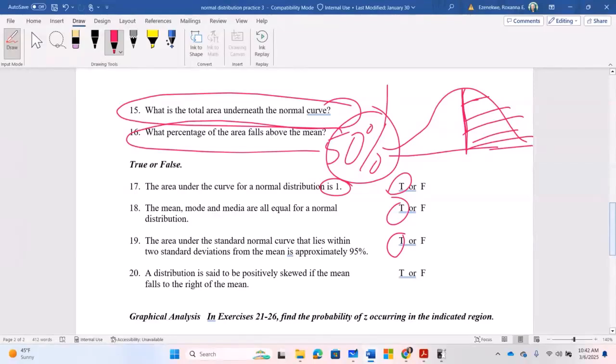The area under the normal curve that lies within 2 standard deviations is 95%. That's the empirical rule. It's true. A distribution is said to be positively skewed if the mean falls to the right of the mean. This is wrong, because it says if the